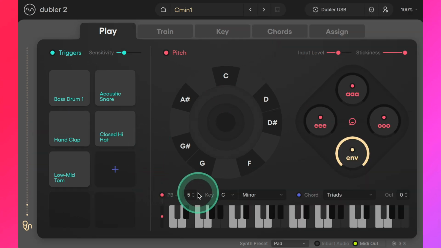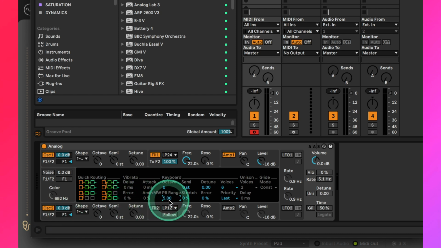As a reminder, for pitch bend to work, all you have to do is make sure that the pitch bend range in Doubler 2 matches the pitch bend range in the instrument or synth you're using.